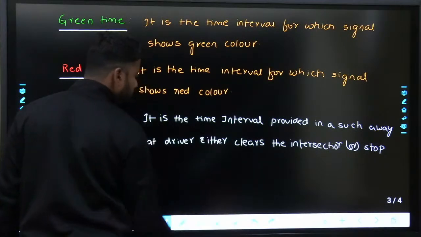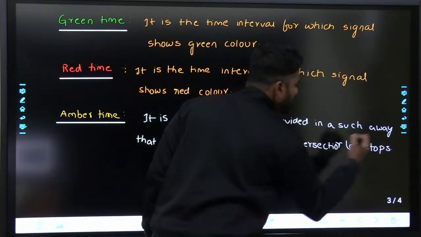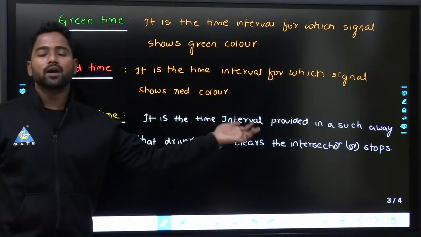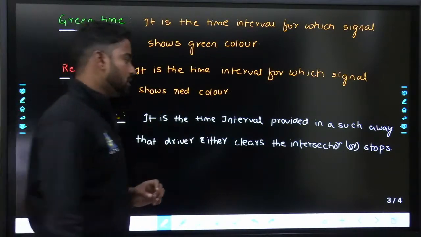Either clear the intersection or stop. At least one of the options should be available for the driver. That means let us say when the driver is